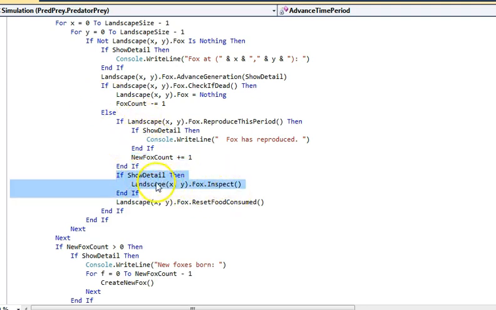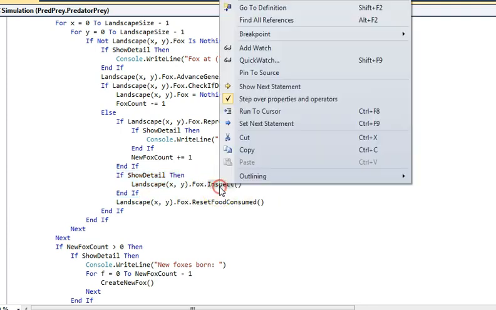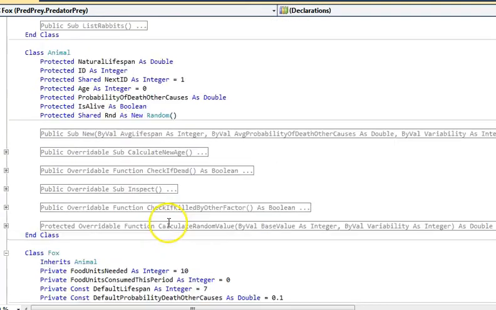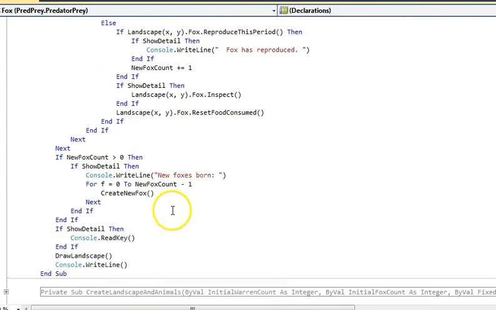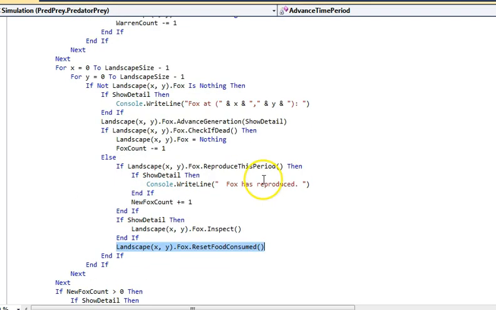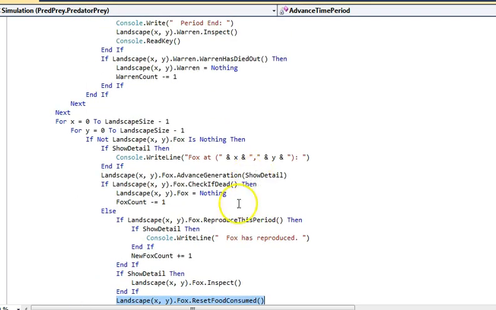And at that stage, if show detail, we have an inspection where we just show the various details about the fox. Again, it just says whether they've had enough food or not. And where are we? The last little thing, we have to reset the amount of food consumed,